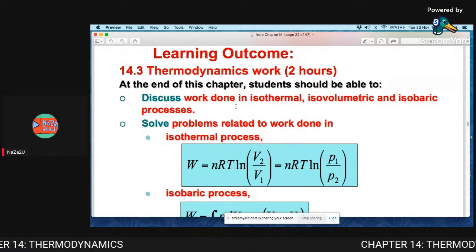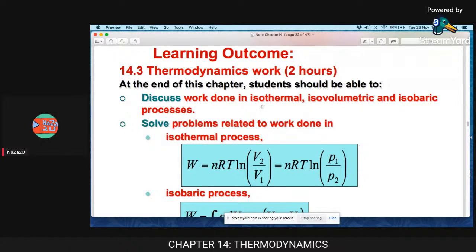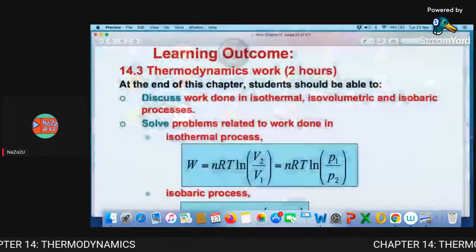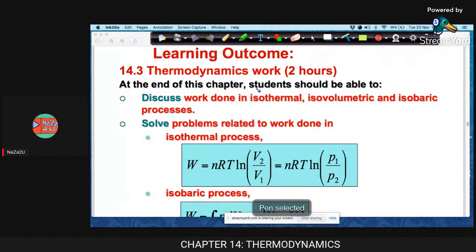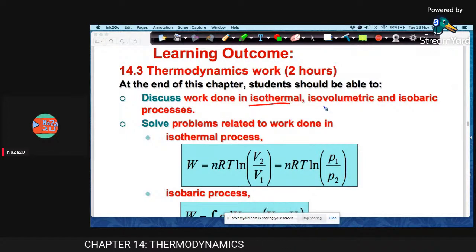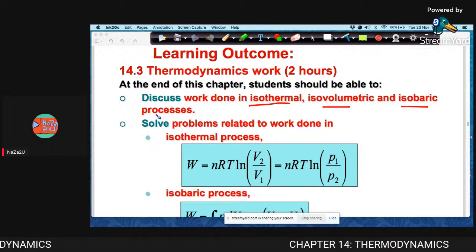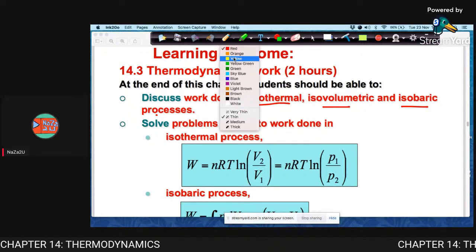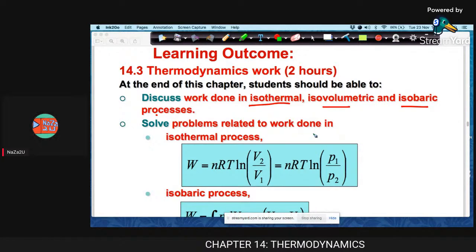Seperti yang kita sudah bincang sebelum habis sesi pertama tadi, untuk proses thermodynamic, we have isothermal, isovolumetric, and isobaric. Okay, di mana kalau kita tengok dalam kes ini untuk work done,